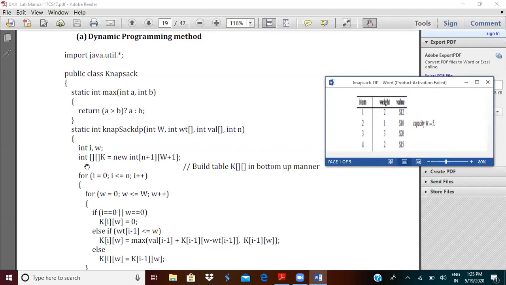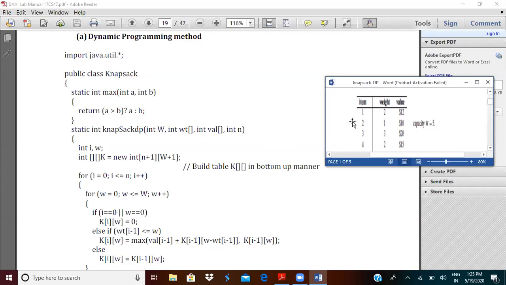Next, I am going to declare a two-dimensional array, in the sense a matrix, K. You should have a number of rows that is 1 greater than the number of items.